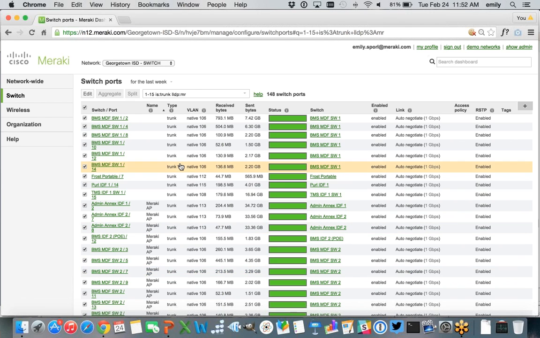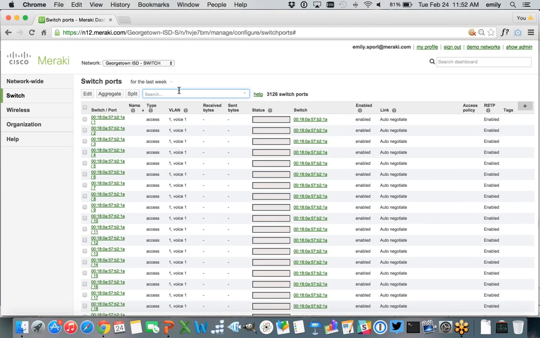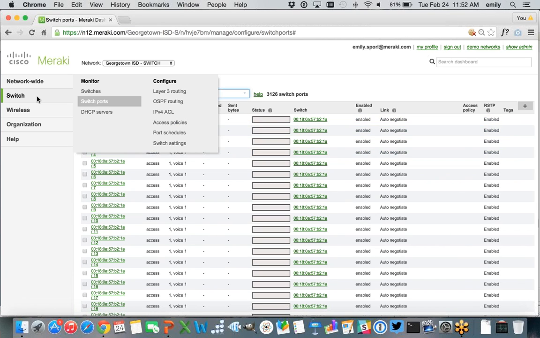So it's very, very powerful and easy and intuitive to use. And there's a bunch of different commands that you can use to winnow down a list of ports. You just hit that help link and you'll see, I think it's probably something like 20 different commands that you can use to find the switch ports that you need. So that's sort of switching in a nutshell.